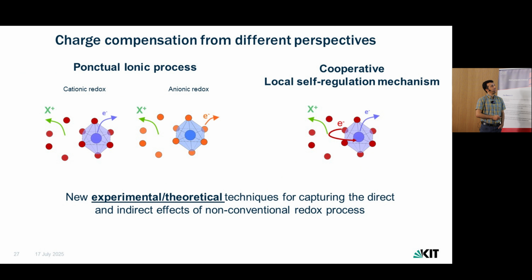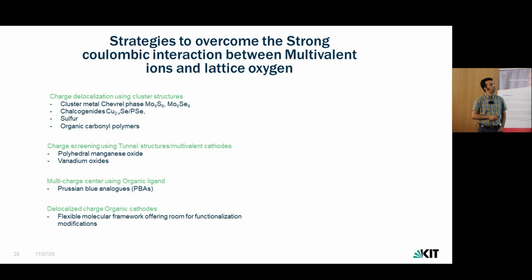So at the end, for the charge compensation from different perspectives, there are several: the classical picture, which is cationic or anionic, and another picture which is more cooperative. To track this, I think we need new experimental and theoretical techniques for capturing the direct and indirect effects of non-conventional redox processes. So here, what we can learn from lithium, if we go back now to magnesium